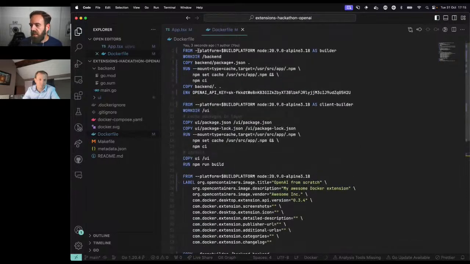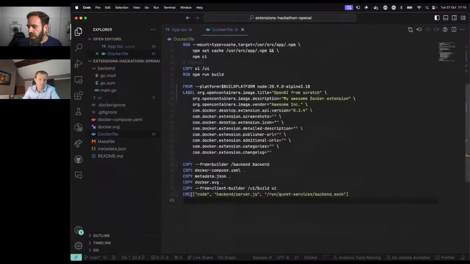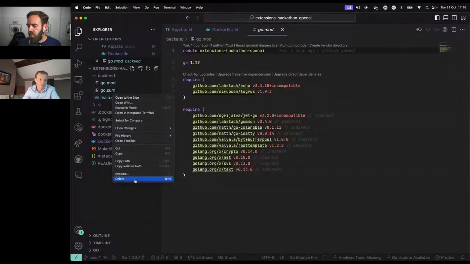Basically, instead of starting from a Go image, we start from a Node Alpine image, and then copy some files, etc., just to make it work. And then at the very end, I'm going to spin up a server.js file, for which I'm going to use Express. But instead of listening to an HTTP port like we always do with Express, we're going to listen to a local socket that we're going to pass here in this argument. So we can get rid of these files. We don't need them anymore. And we're going to replace this with the JavaScript files.